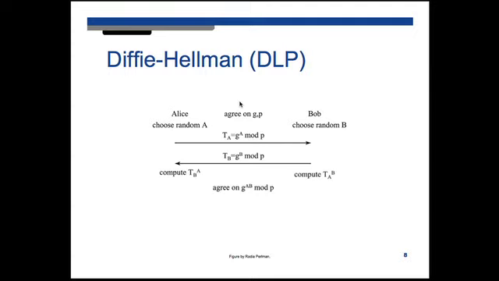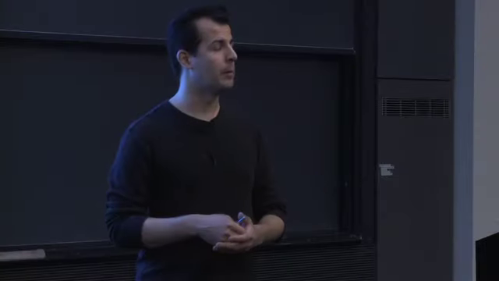Alice and Bob in advance are going to agree upon two numbers, G and P. P is going to be some prime number, and G is going to be what's generally called a generator, which is often the number 2, as simple as that. But P is a big prime number, and they can choose P however they'd like. So they have to agree upon those in advance. They can tell their friends and announce to the world what they are. These are not secret values, but they have to decide on them up front.